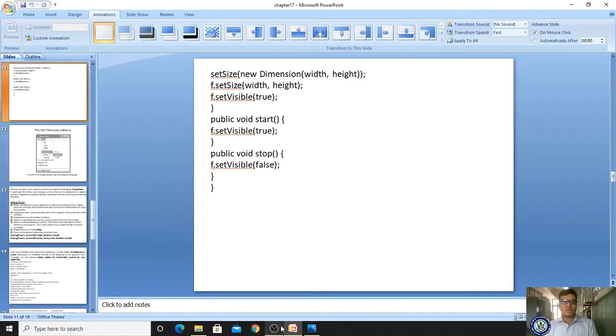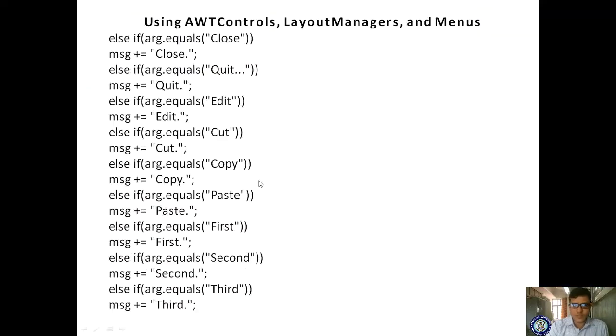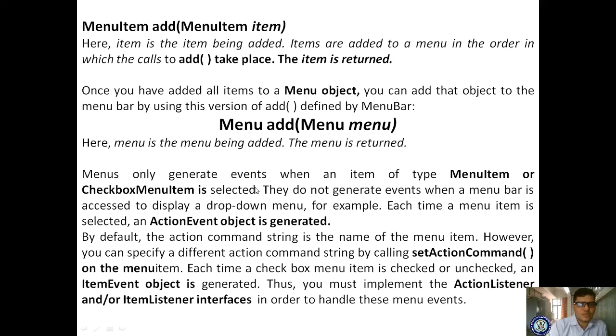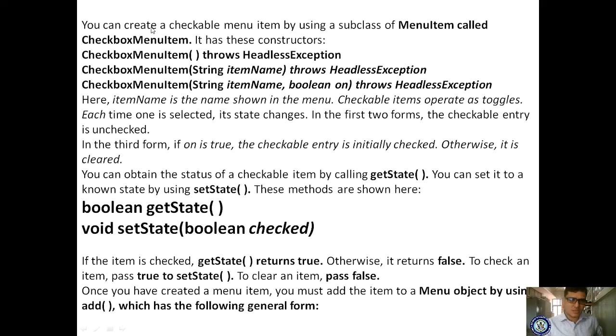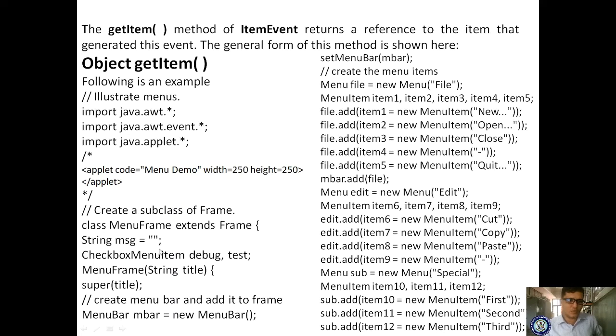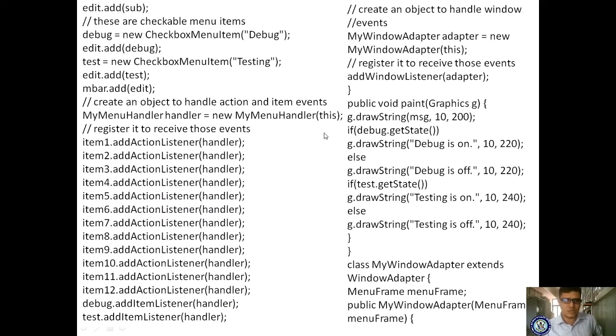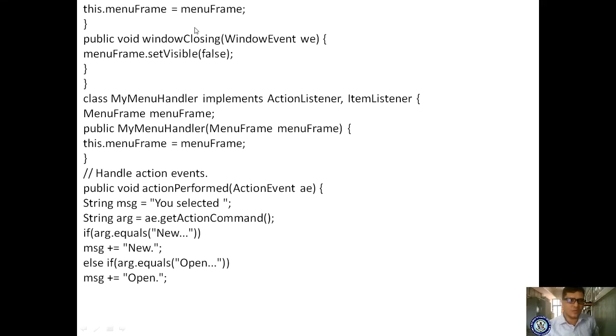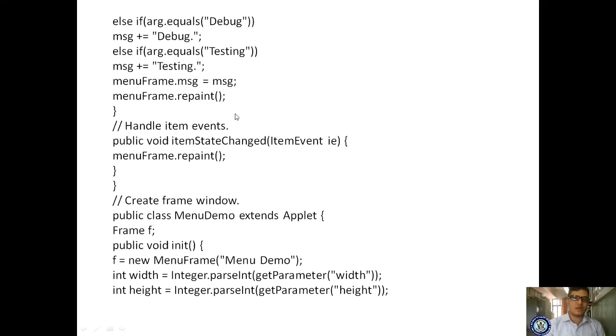Yes, in the last class, I already told you this is one of the complex programs, and this question has asked about menu items, menu objects. Please make a note of these commands. It has been asked in the theory part. So if you want to write the theory part, you must know how to declare these menu items, how to implement the handlers and how to display. Okay, so this has been explained in the last class.